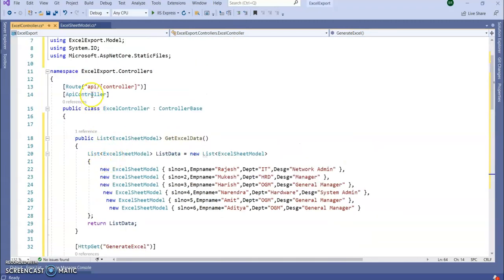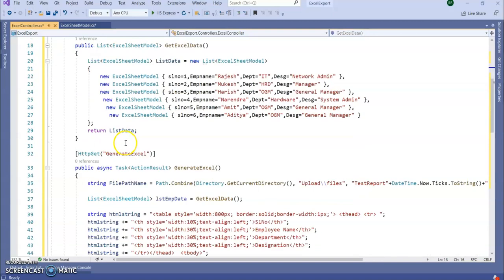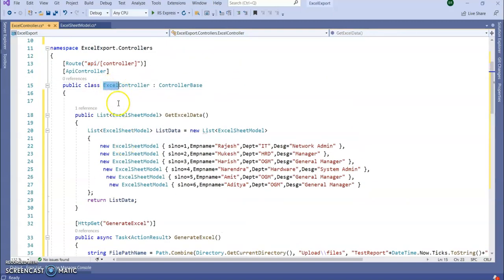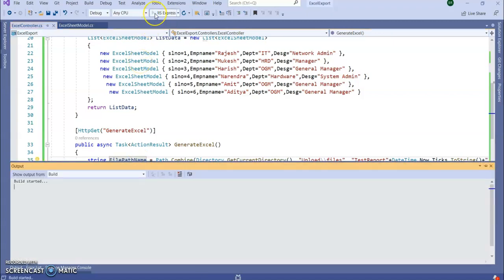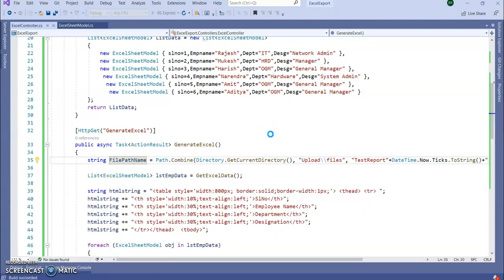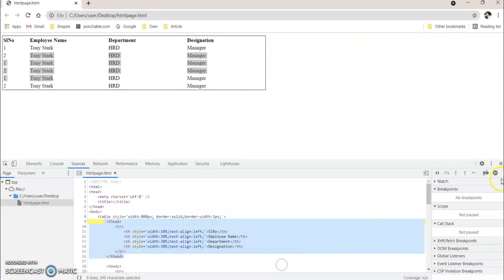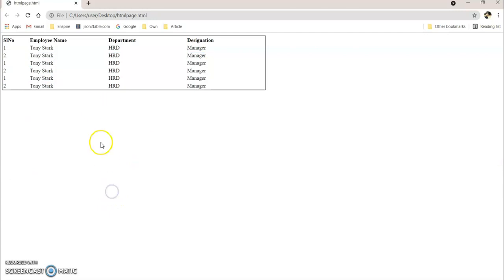My path will be API slash controller name slash the API name, right? Run the application. We are going to generate an Excel sheet like this HTML.